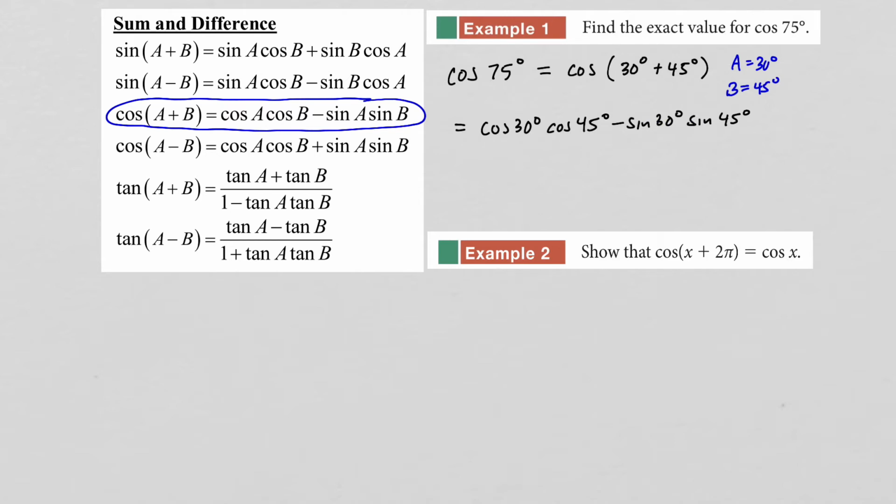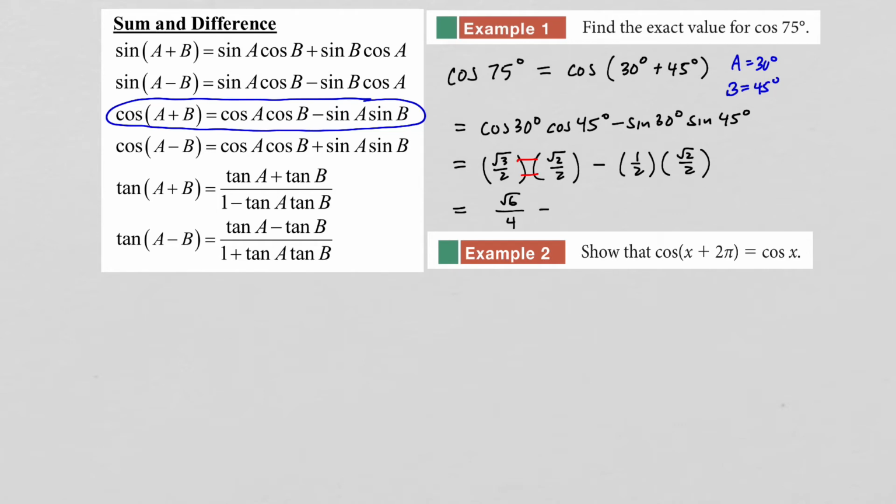And from here, we can finish this by simply filling in the values for each one of these. So we know the cosine of 30 degrees is the square root of 3 over 2. We know the cosine of 45 degrees is the square root of 2 over 2. When we have minus, sine of 30 is 1/2, and the sine of 45 is radical 2 over 2. And now we can go ahead and multiply these straight across, right? So radical 3 times radical 2 is radical 6. And in the denominator, we have 2 times 2, which is 4,